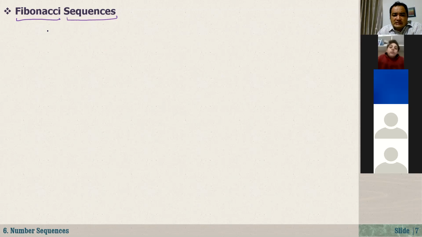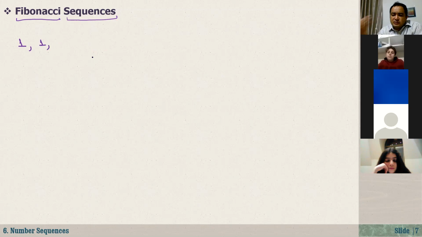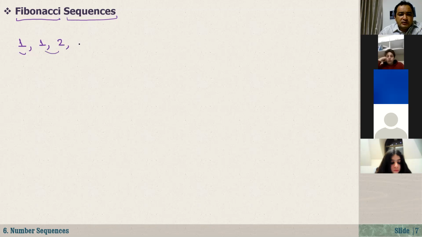I think he lived in the 16th century or so. So the number sequence starts with 1, and the next term is also 1. Now, to get the next term, just add the 2 preceding terms. So these are the preceding terms, right? 1 plus 1 is 2. 1 plus 2 is 3. 2 plus 3 is 5. 3 plus 5 is 8. 5 plus 8 is